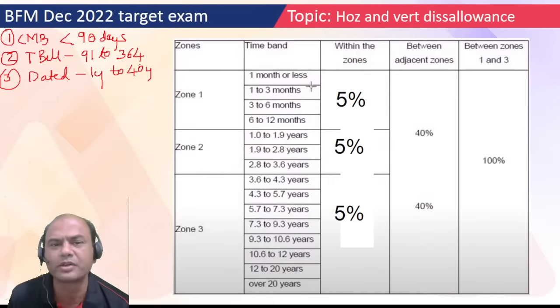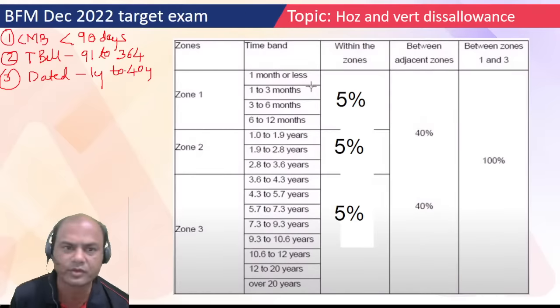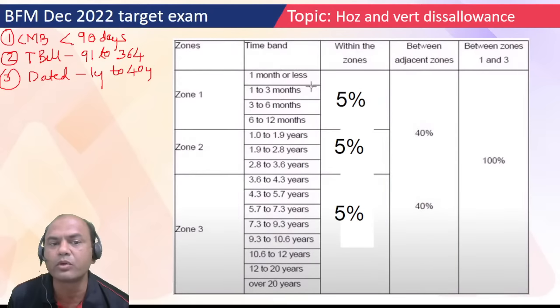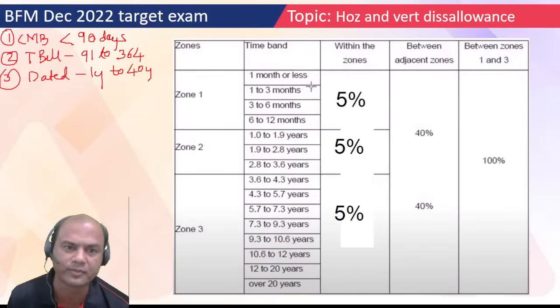Do you know there is a company in Saudi Arabia called Aramco? Aramco is a major oil company. 2 years back, Aramco had planned to issue bonds of around 90 to 100 years. Of course, that plan failed later and they didn't issue the bonds at that time. But dated securities can range from government to government. A government can change it from 40 years to 100 years also someday.